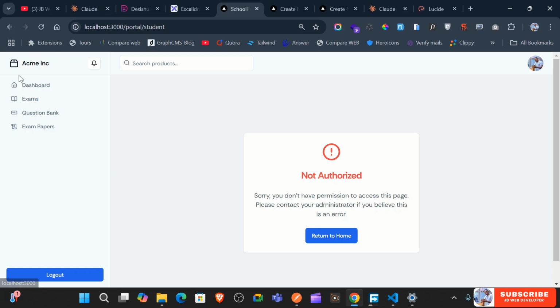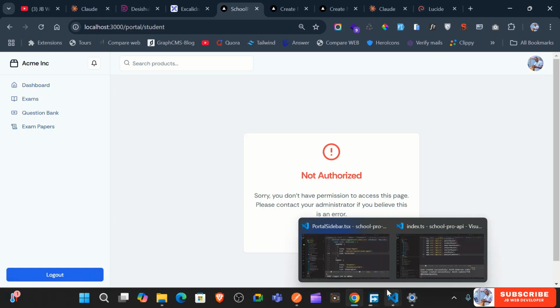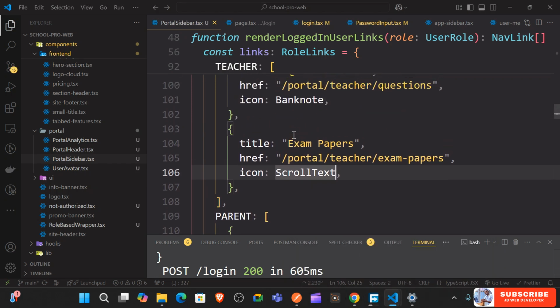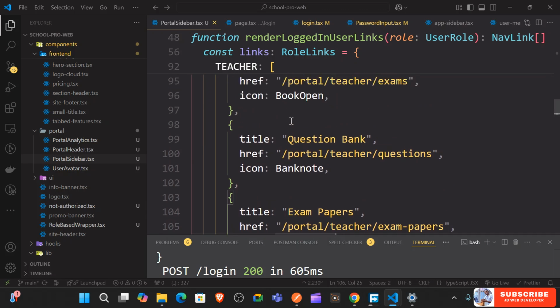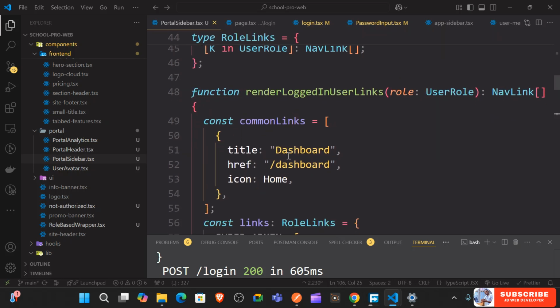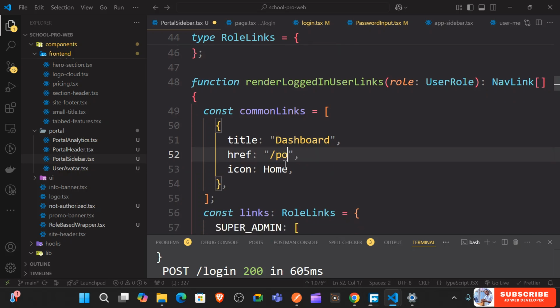Here, of course, we'll put the logo. We have the logo component. I will just plug it in a second. But here we are good. And then this dashboard link is going to be going to, so this is in the common links here. This one is going to take us back to the portal. Okay,